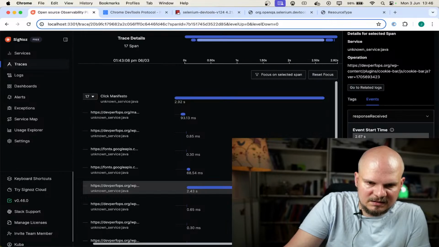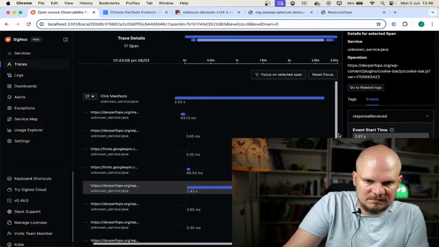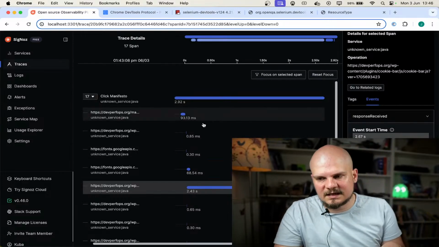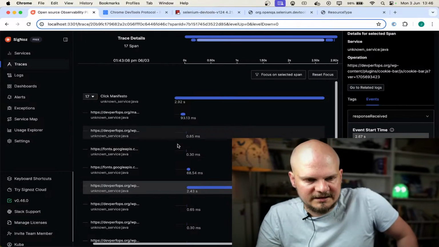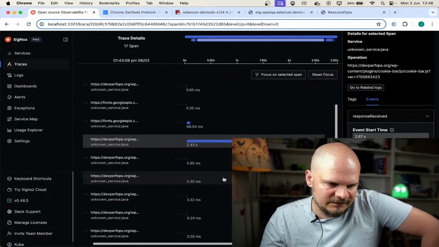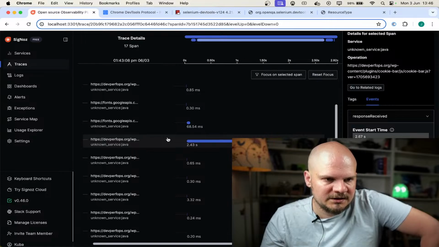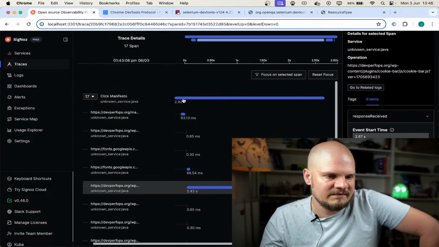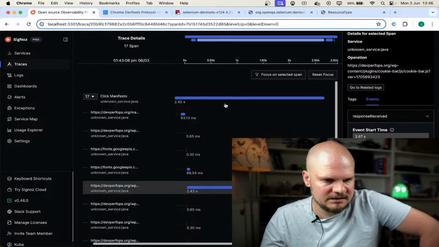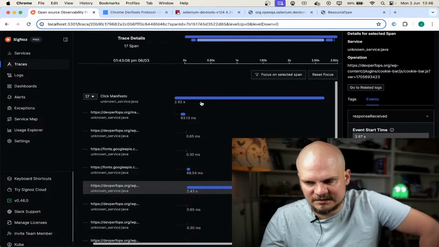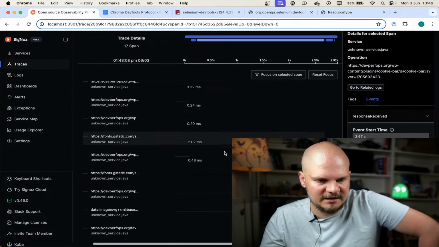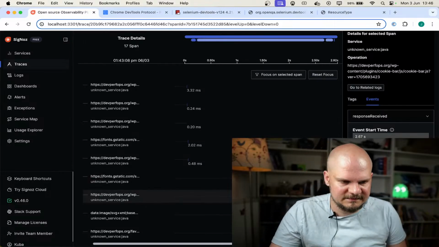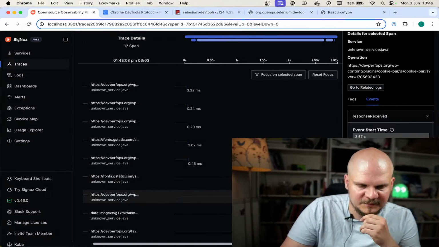You can see when the response has been received. Yeah, that's exactly the stuff I'm hoping to get when I'm running a test. Even if this service doesn't belong to me, if it's delivered from some CDN, you should have an explanation of why a click of a single page took 3 seconds, right? And you can see that already in the OpenTelemetry,